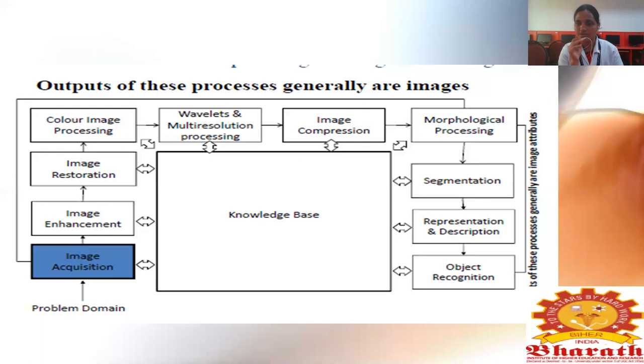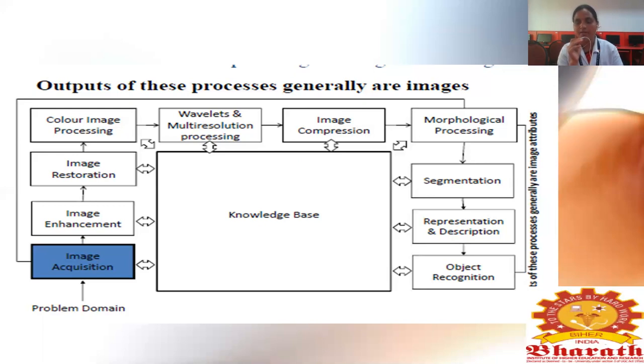So the complete region means each and everything has to be noted, like what about the leaves, and if there are any other flowers in the trees, those things will be noted, and that should also be represented when you are going for a complete region. And the next one is description. In the description, you can describe what the picture is. That means, having the attributes of the picture, you can describe what the picture exactly is.